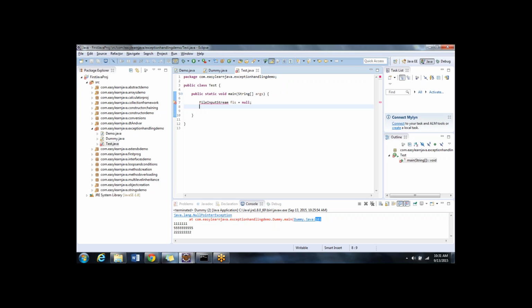Control Shift O to import that class, java.io.FileInputStream. Then the next thing that I do here is fis equal to new FileInputStream of "C:/abc.txt". Okay, we are not trying to understand file handling here, but we are trying to understand